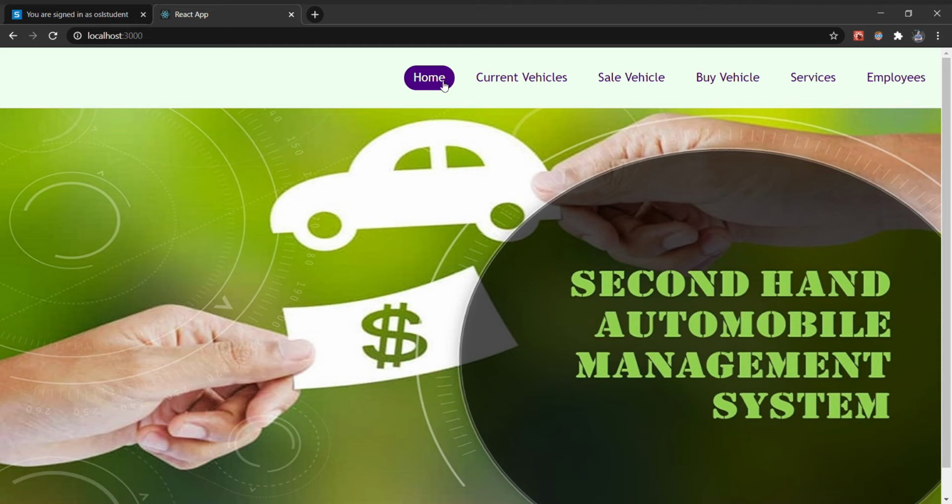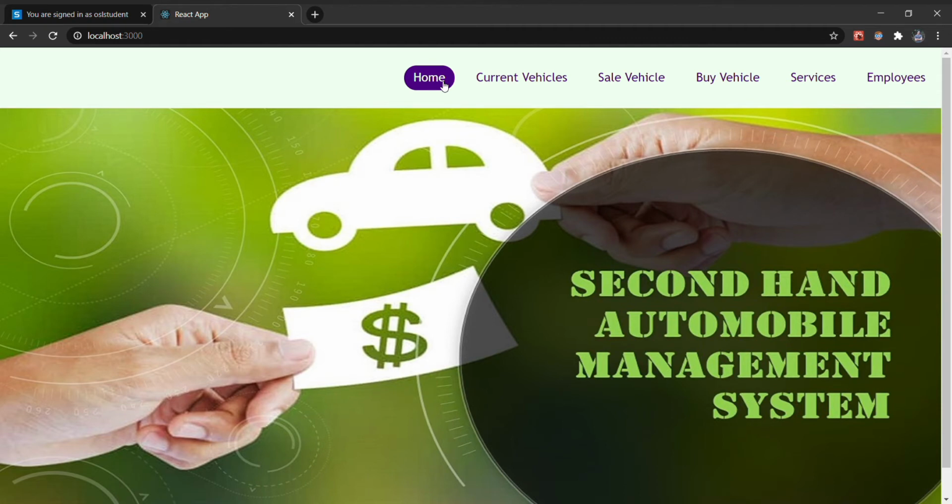So, this is a management system which mainly deals with four types of vehicles, namely car, scooter, bike, and truck. This is an employee management system where only employers can handle the website, whereas customers cannot sell or buy vehicles on their own. Tools and technologies are React.js for frontend, Express.js for backend, and MySQL for the database.